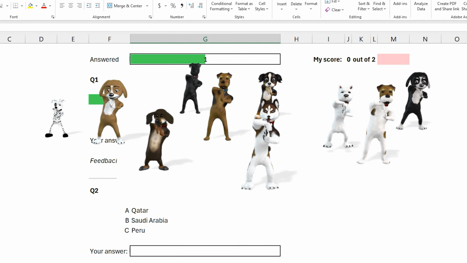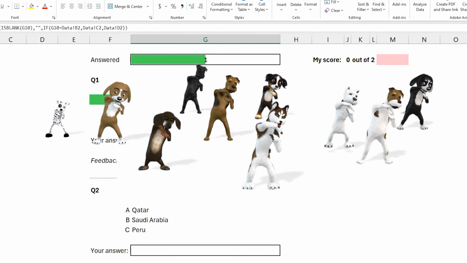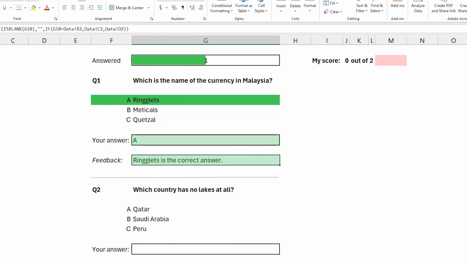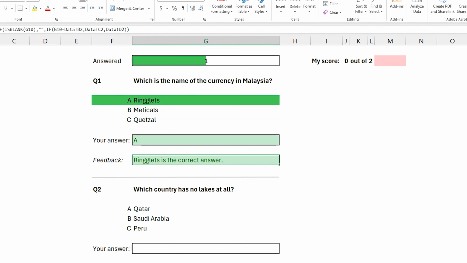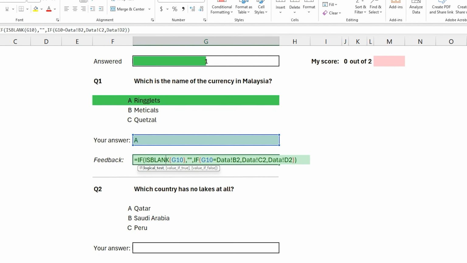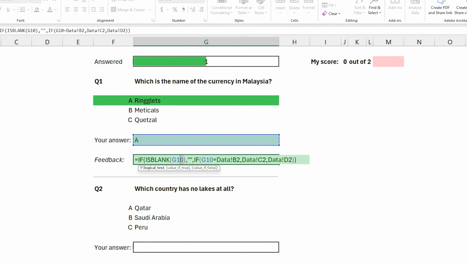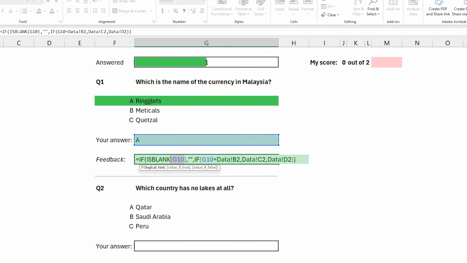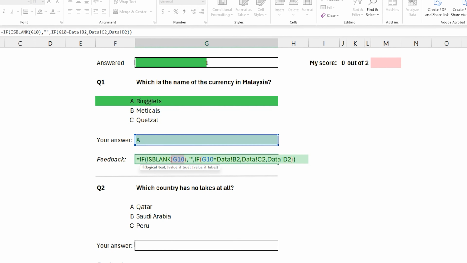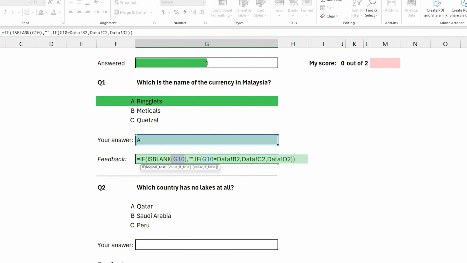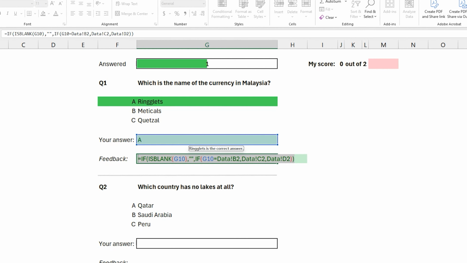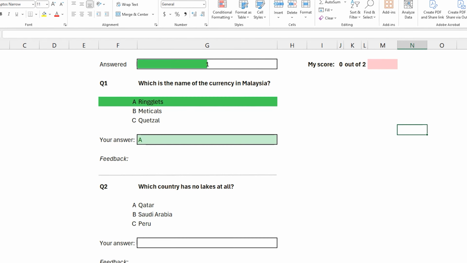Now, what we can do is continue to the feedback. For the feedback, we will check if the answer is correct. So what we have in this function is actually if the answer here is equal to what we have in our data, then show the actual result. But let's delete everything and make it again.